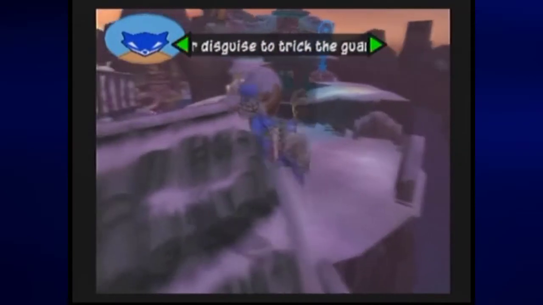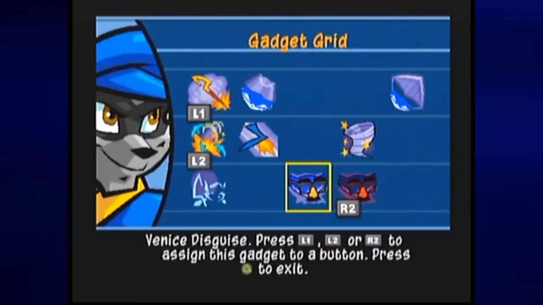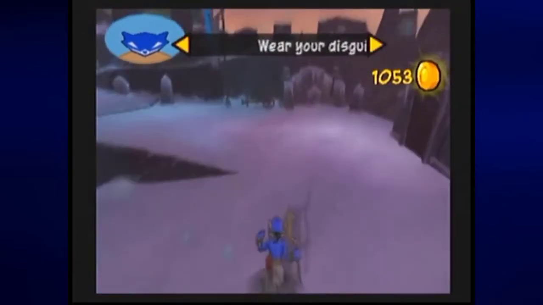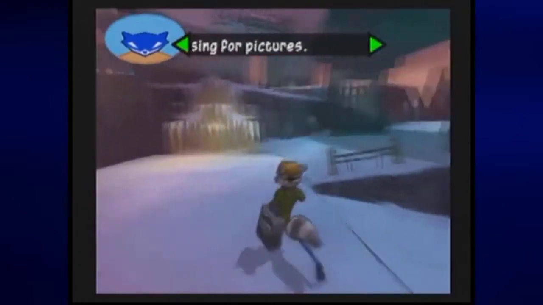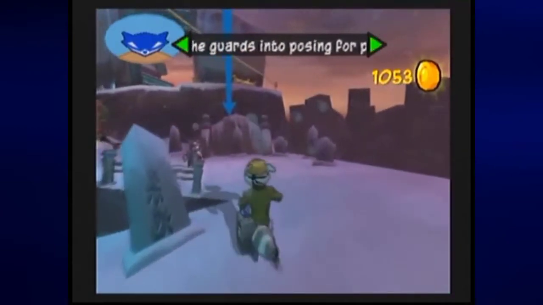Alright. So we now have a disguise. And I am going to assign it to R2. We have the photographer disguise. Why we still have the Venice disguise, I will never know. But we need to find the waypoint with the L3 button, and there's the first one. And with the photographer disguise, no one will be the wiser. Of course, we can't really run or attack with this in any way, so...